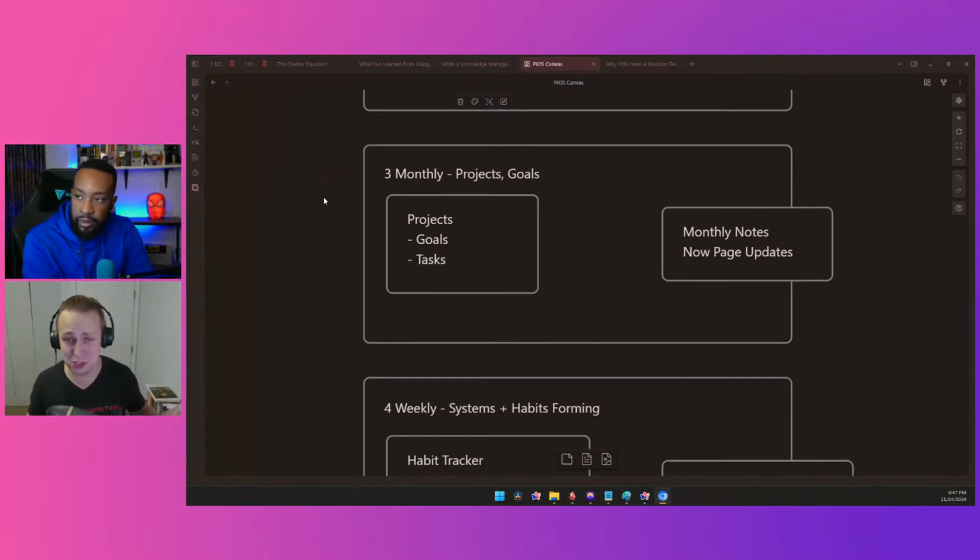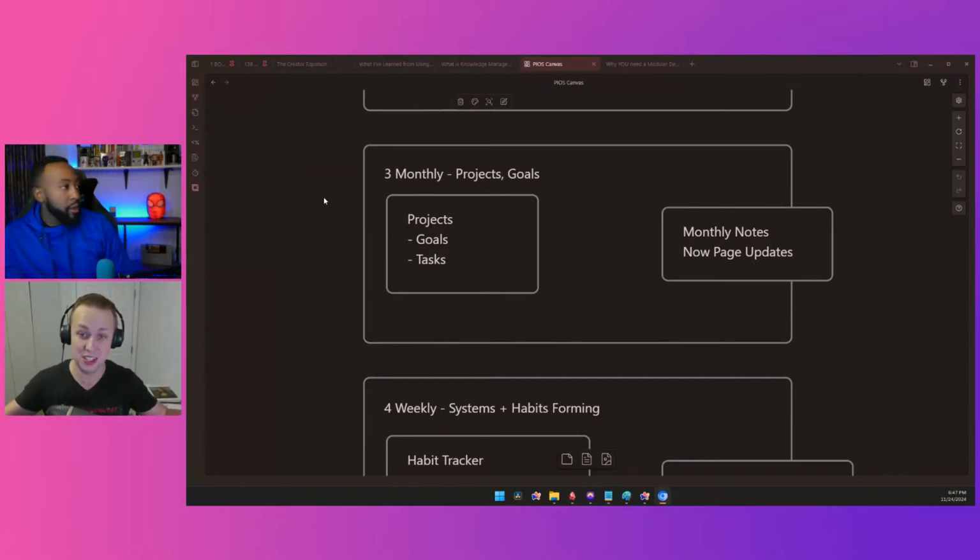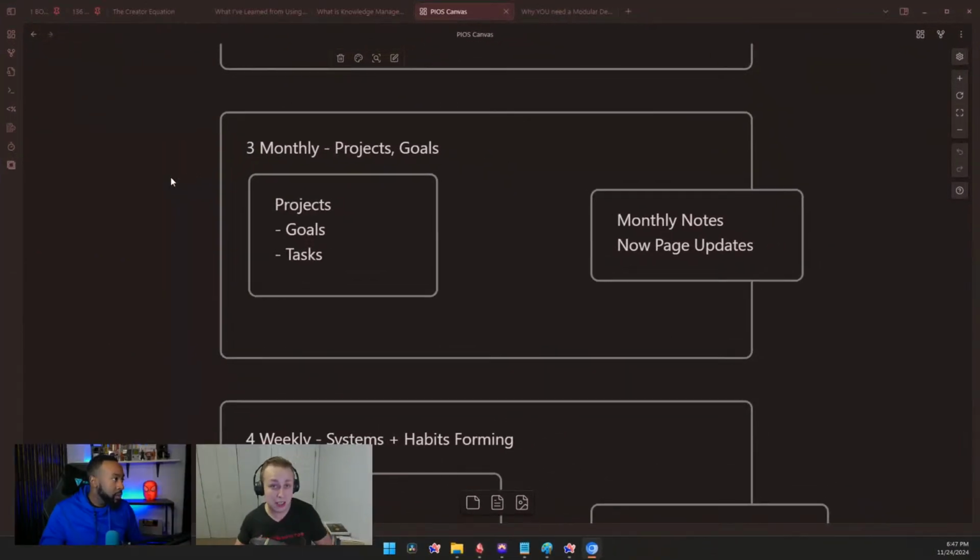That's why I used Notion originally, because it was like Lego, and I could build out whatever system I wanted. Then I took that system and applied it to other tools as well, so I'm able to transfer it. On this third layer, the monthly layer, every month you're going to be keeping track of the projects you're working on. Those projects might last more than a month, but that's okay. You're going to try to keep track of the goals you're working towards, and it's good to have goal tracking, but try not to overwhelm yourself with the goals.